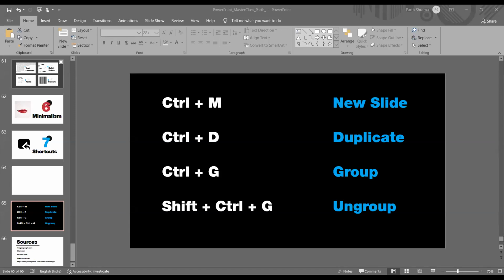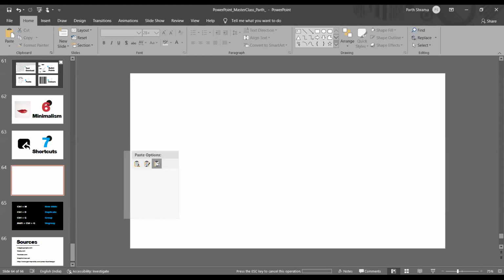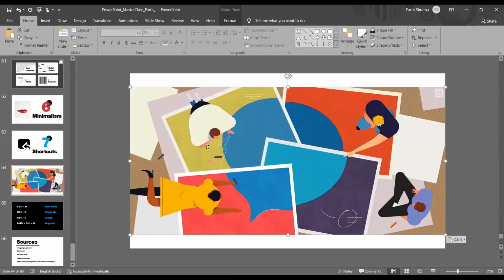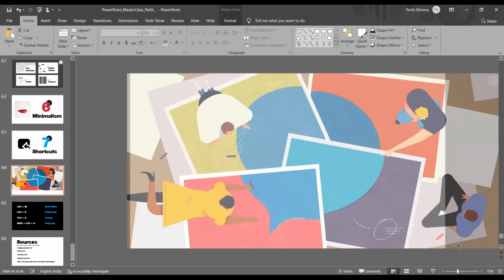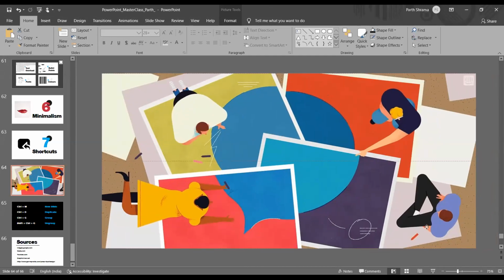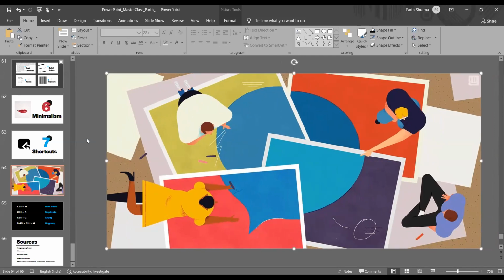You just copy the image, you go back to this slide and you just paste it. It's as simple as this. You don't have to actually save the image in your laptop and then go and find that in your laptop from your presentation. So here we have a very visually appealing good image, but it's very, very bright,